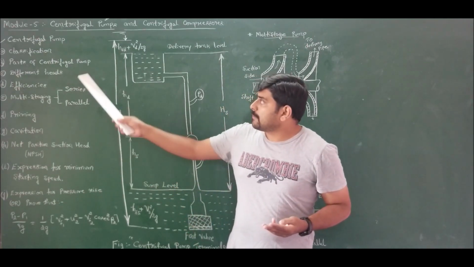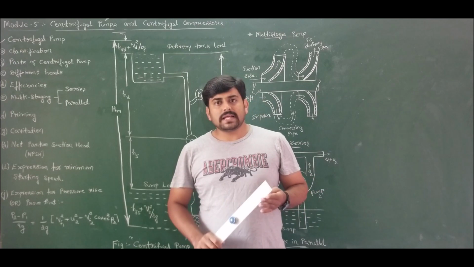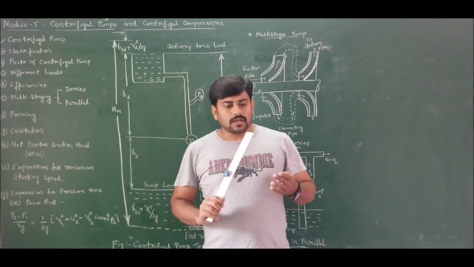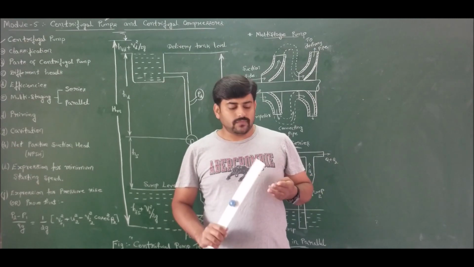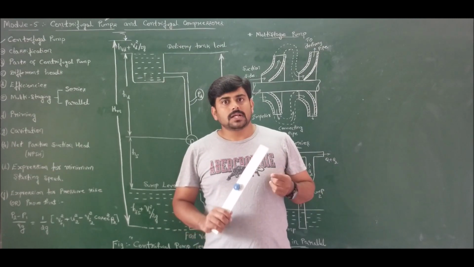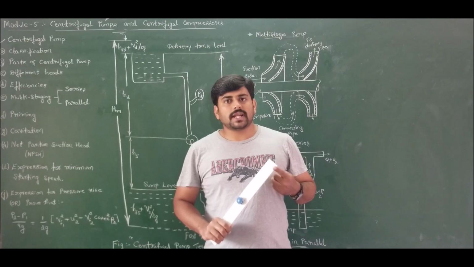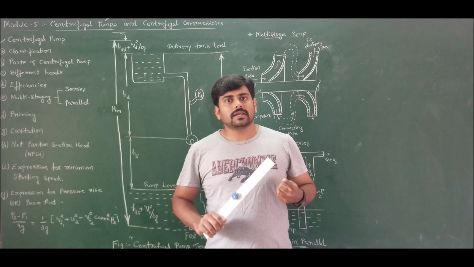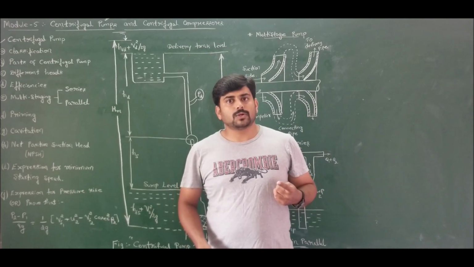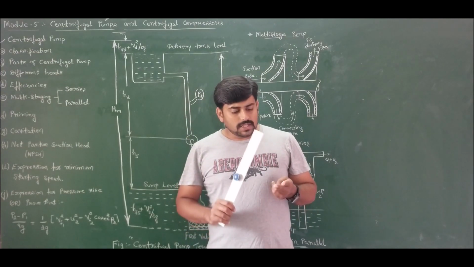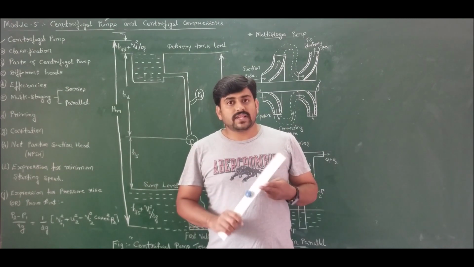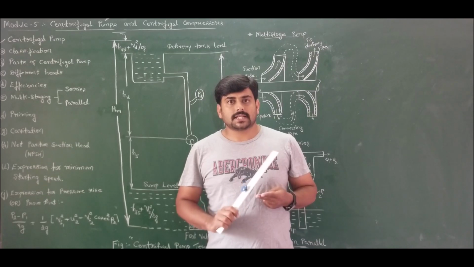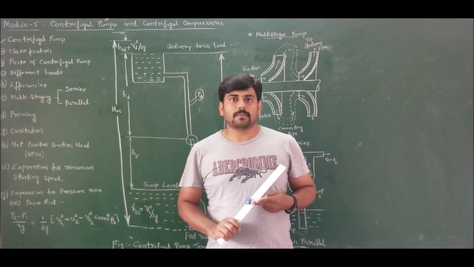Next, moving to parts of centrifugal pump, the major parts of centrifugal pumps are impeller, diffuser and casing. The very important part is impeller. So impeller is where the pressure rise takes place. Through the impeller, the low pressure fluid will gain high pressure and will be lifted from sump to tank. Whereas the diffusers are nothing but the guide vanes. They are fixed. They can also be called stator, the stationary element of a centrifugal pump.